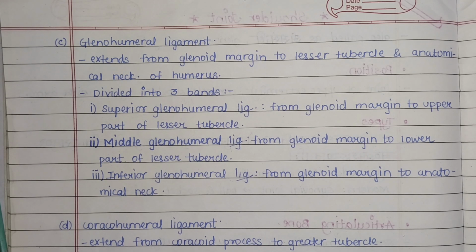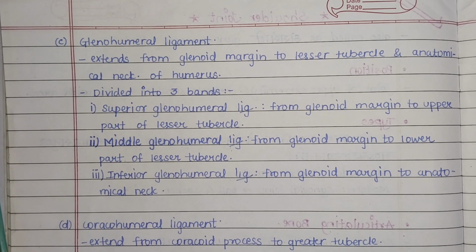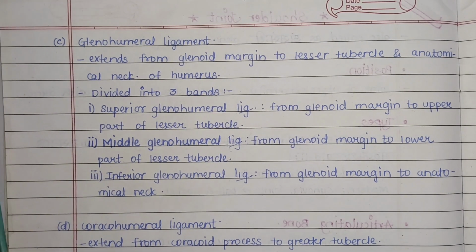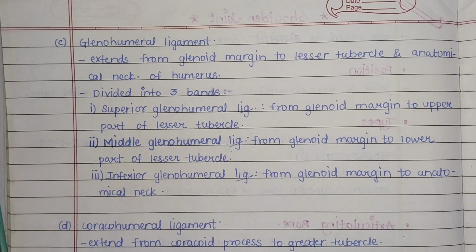The glenohumeral ligament extends from glenoid margin to the lesser tubercle and anatomical neck of the humerus. Okay, that is given its extent from where it starts to where it ends. Now the superior glenohumeral ligament starts from the glenoid margin to the upper part of the lesser tubercle, while the middle glenohumeral ligament goes up to the lower part of the lesser tubercle, while the inferior glenohumeral ligament, it goes up